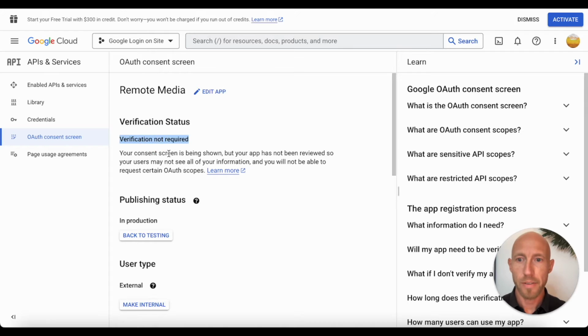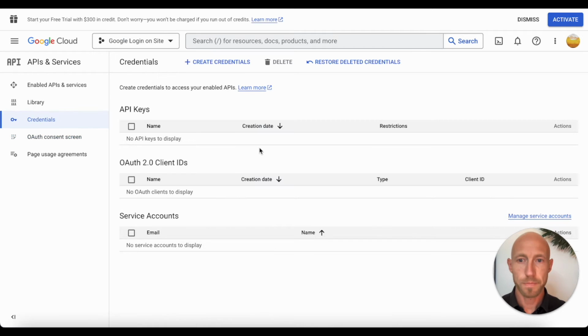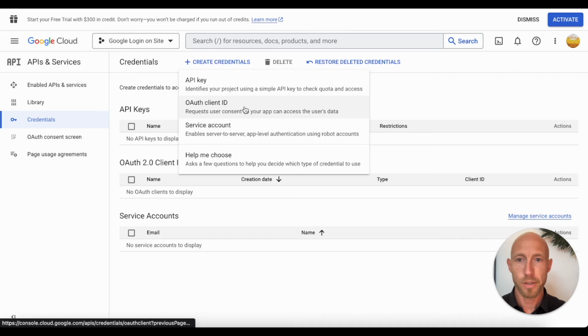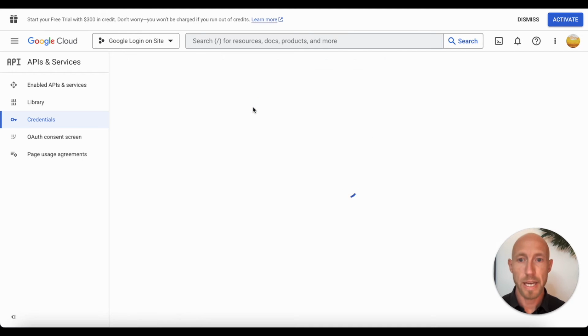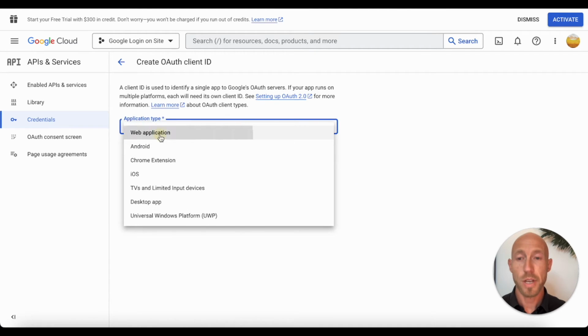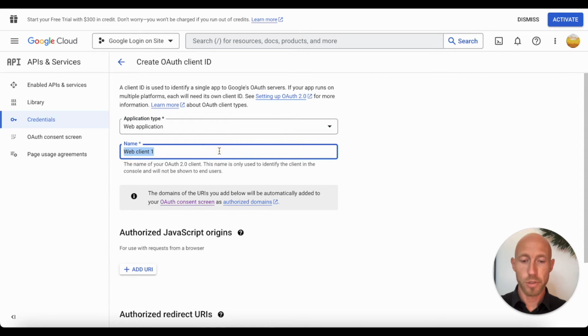So we can see here verification is not required, meaning that Google doesn't have to look deeply into what's going on here because we're just doing something pretty basic and simple. So head over to credentials for OAuth 2. Go ahead and hit create credentials and create an OAuth client ID. For our application type, choose web, and we'll just call this one